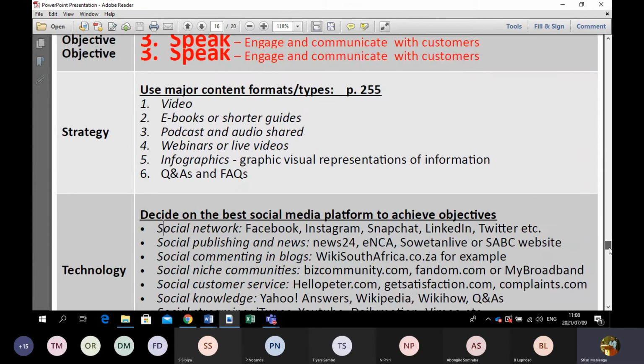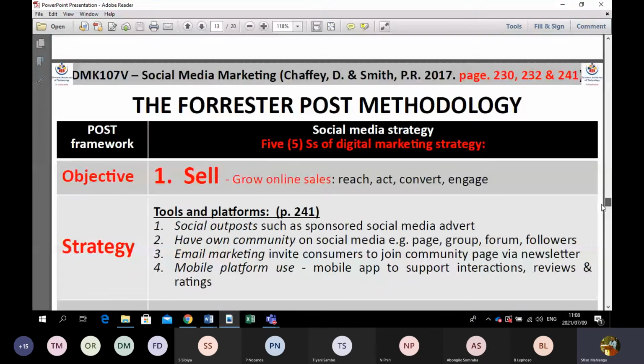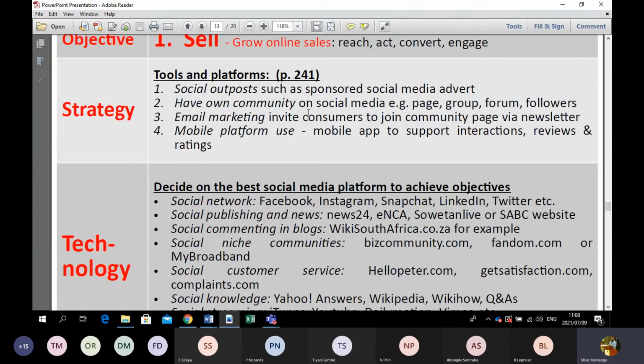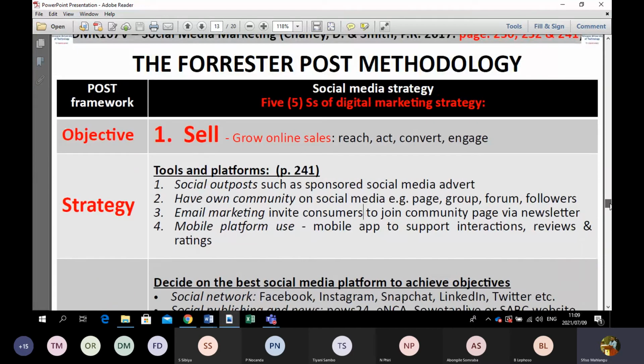But if I suggest something for another objective, for example, to serve customers or to sell, and I say let them sponsor an advert on YouTube, so that when customers go to YouTube, they see that intermediate ad before they watch the music video. You'll see I'm no longer talking about a social network, but a social streaming site. So there must be alignment between the objective, the strategy, the technology, as well as people, which was the first one,